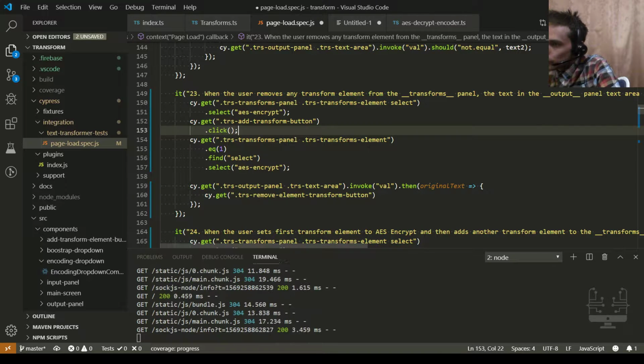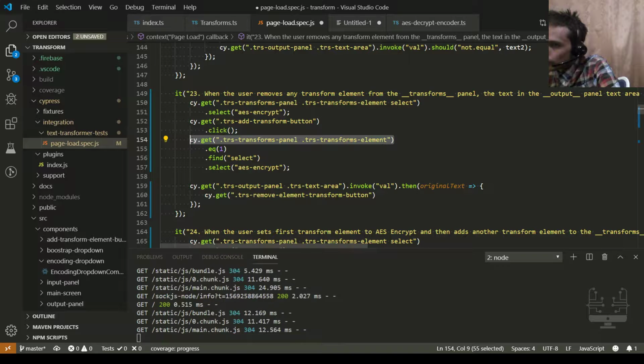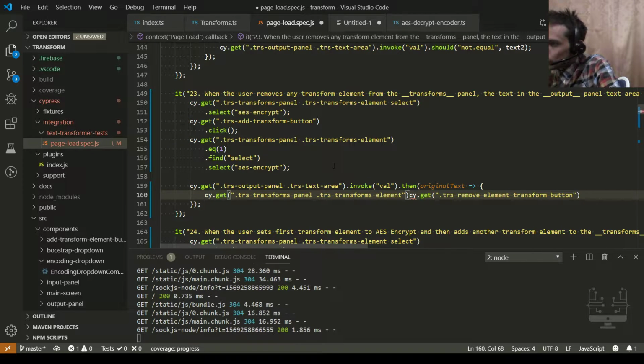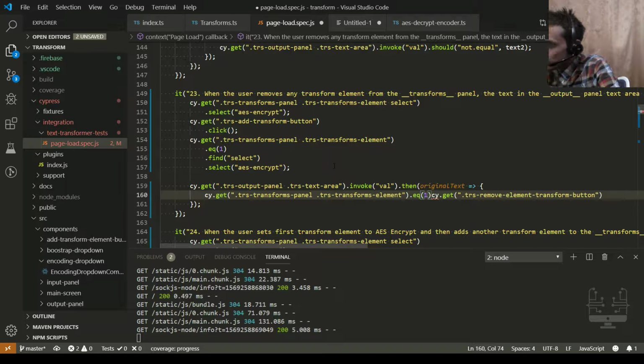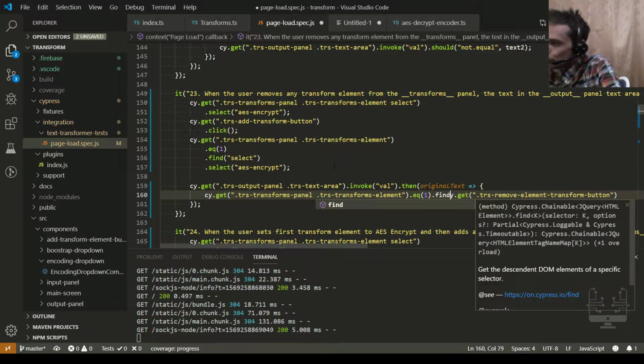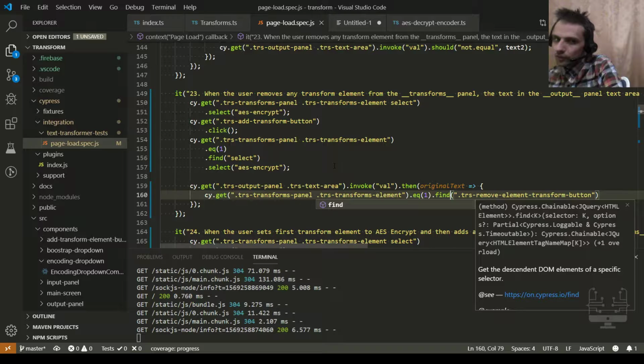Again, we want to select the second element, I mean, the element with index 1. And then use find to get a descendant.